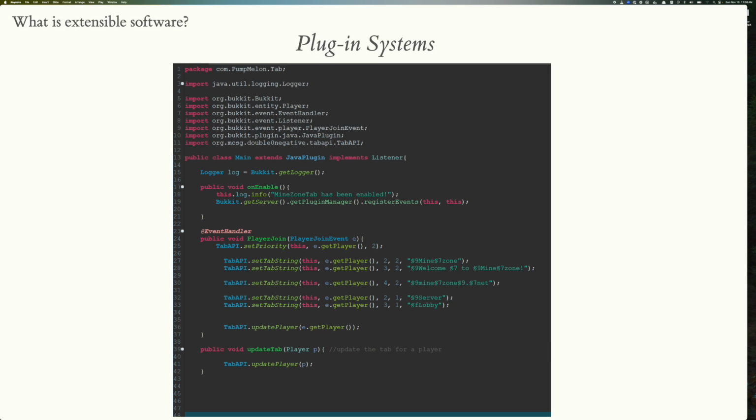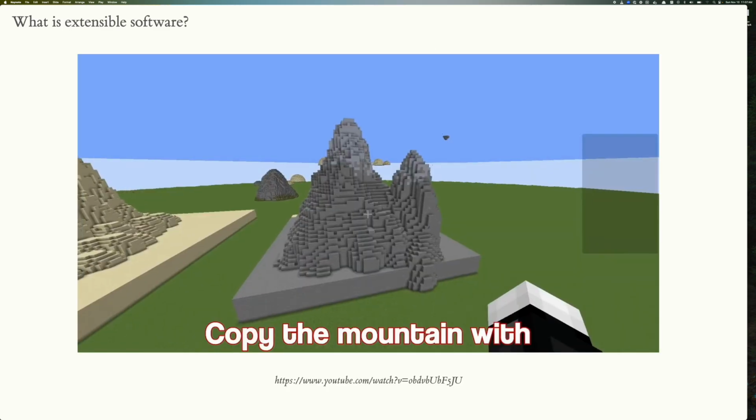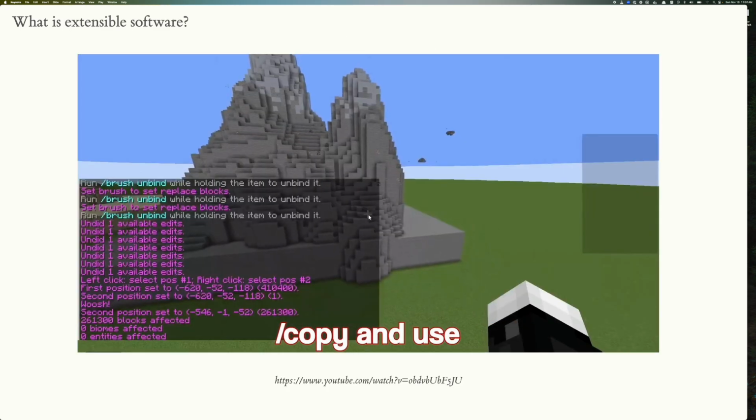And in turn, the plugin itself can call functions in Minecraft, right? You can call these tab API functions, and so it's almost like it's part of Minecraft, but it ships separately on top of Minecraft, right? But it has all the power of the code of Minecraft, and you have a full Turing-complete language to describe things. So it's highly customizable, right? Here's an example of what you could do with something like this.